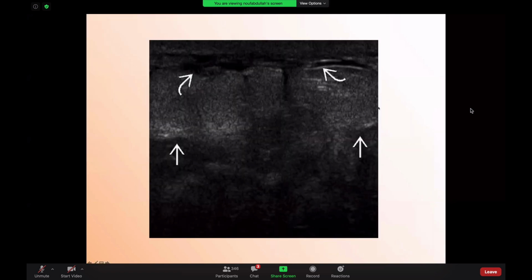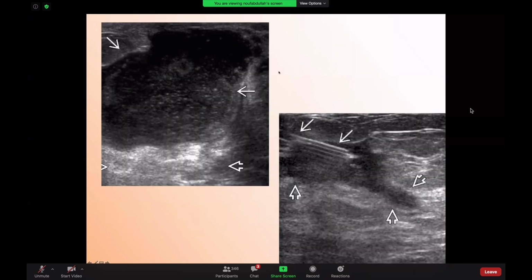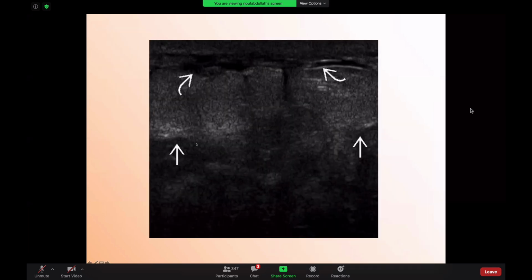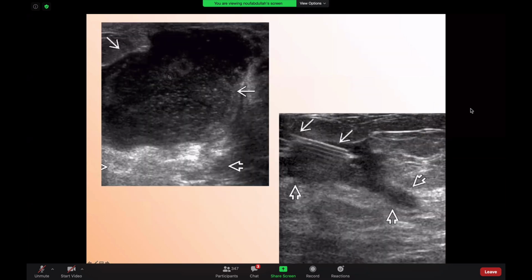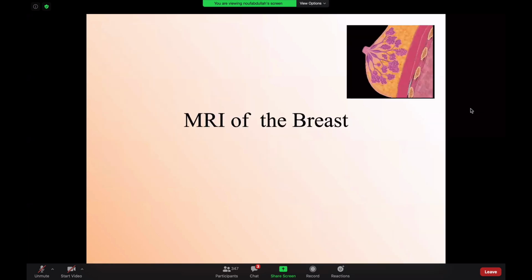This is just another example. Echogenic fat, skin thickening, focal dilated duct, echogenic fat. This is a picture of mastitis. Another example, anechoic fluid, internal debris, posterior acoustic enhancement, echogenic fat. This is typical of abscess. This is BI-RADS 2 with the classic scenario and clinical symptoms. You put a needle, you aspirate, and the patient will improve with antibiotic treatment. This is BI-RADS 2 or BI-RADS 3. If you are not sure, you can follow it up.